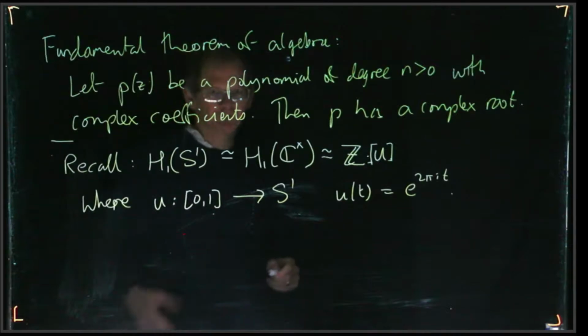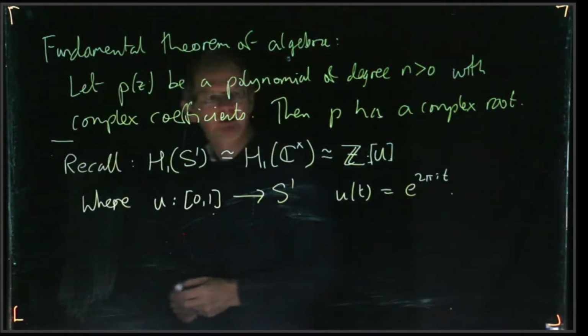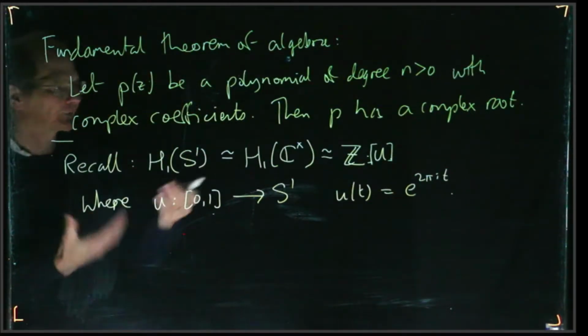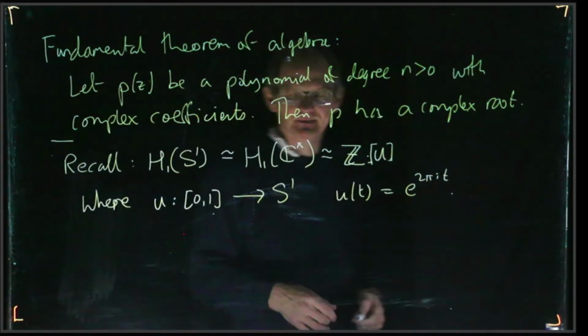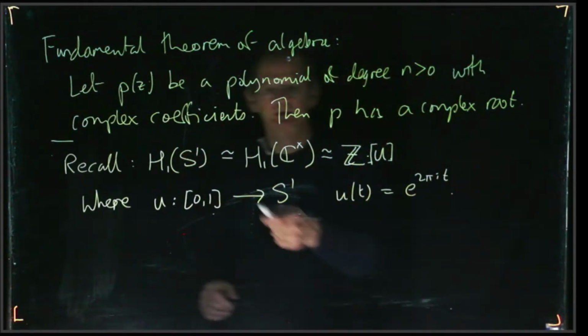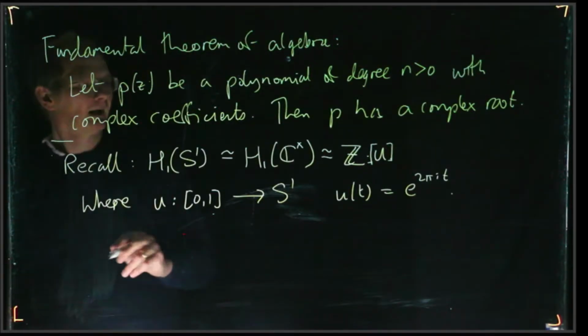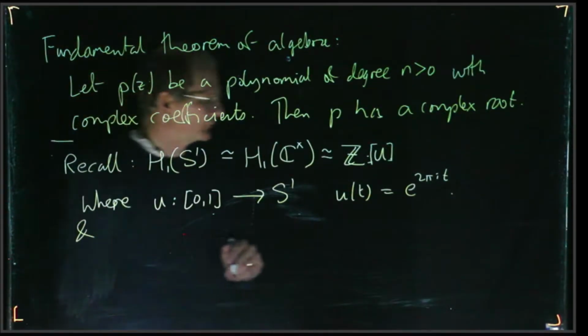Okay, so we proved using Mayer-Vietoris that the first homology of the circle is a copy of Z, and previous to that we used methods of complex logarithms and so on to give a different proof that H1 of S1 is Z using this loop here. And as part of that proof,